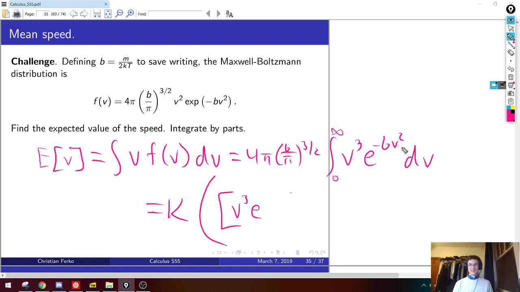There is a v squared in there. I don't like that. We have to do a trick first. You're going to have to change variables, because we want this to be an e to the something to the first power. Integration by parts doesn't work if this is a square upstairs. So let's do u equals v squared.